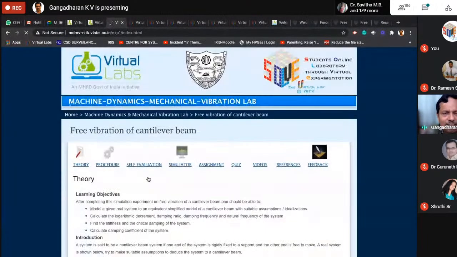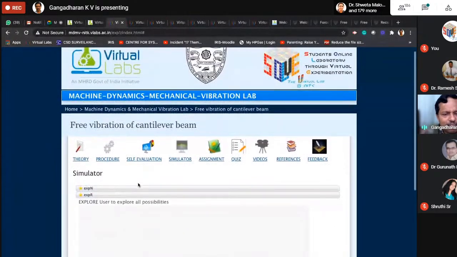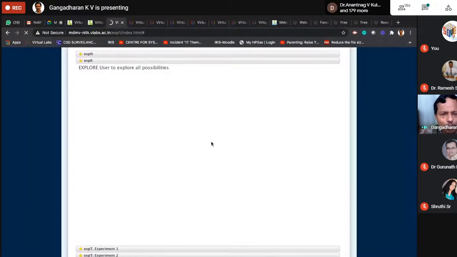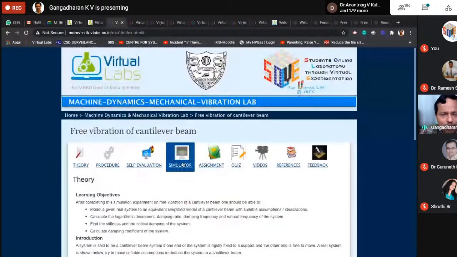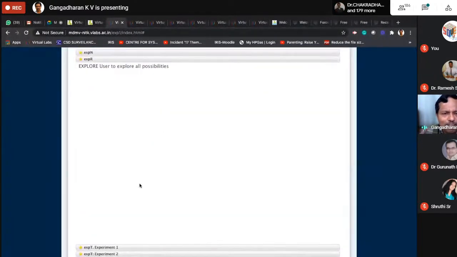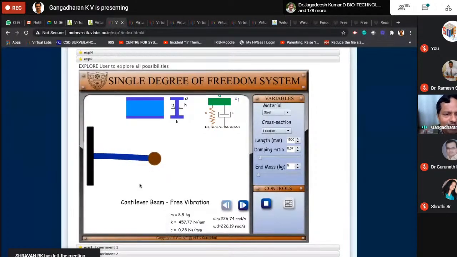This is the actual experiment I have shown you as a remote triggered experiment. This is a simulation experiment. It is on Flash, hence you need to allow Flash to operate. On a mobile, it may not work because Flash is not being supported now. Hopefully within a few months, we should be able to convert all this into HTML and Java. So this is a simulation experiment.